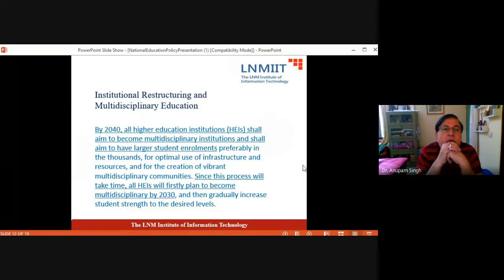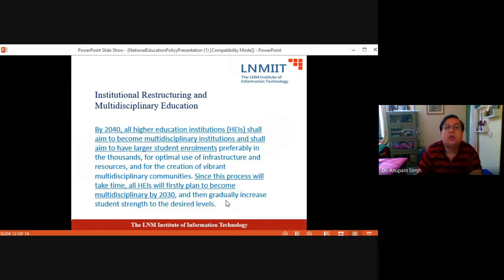Then comes the question about the timelines. So the NEP, again, this is the NEP's timeline. By 2040, all higher educational institutions shall aim to become multidisciplinary institutions and shall aim to have large student enrollments, preferably in the thousands, for the optimal use of infrastructure and resources and for the creation of vibrant multidisciplinary communities. And since this process will take time, all HEIs will firstly plan to become multidisciplinary by 2030 and then gradually